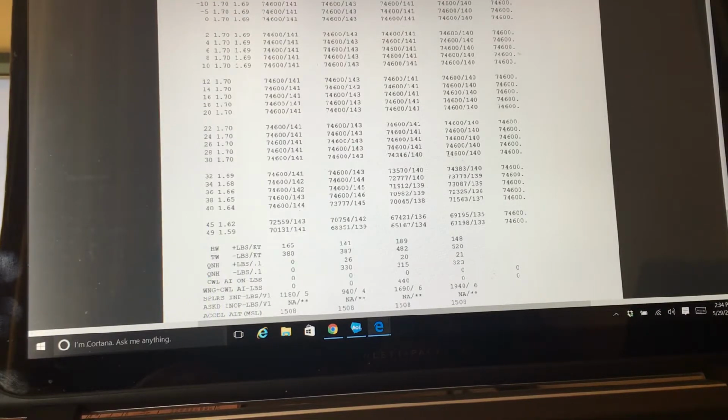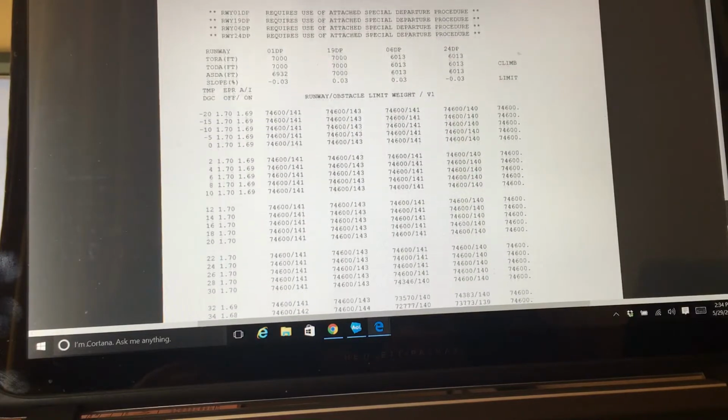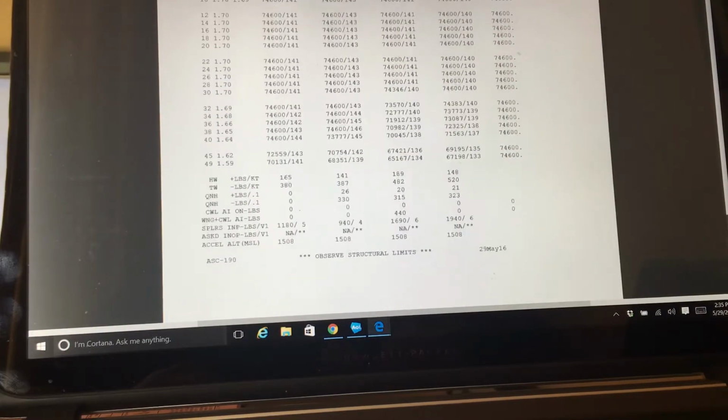And I can say for runway 24 that my maximum weight for this day, for this runway, at this airport, is 74,600, and that's maximum. And then we've got our 140 speed and a climb limit. If you look at the top, you'll see two things here. You'll see the maximum weight for taking off and your V1 speed, and you've got your climb limit. In this case, at 30 degrees temperature, V1 is going to be 140, our maximum weight is going to be